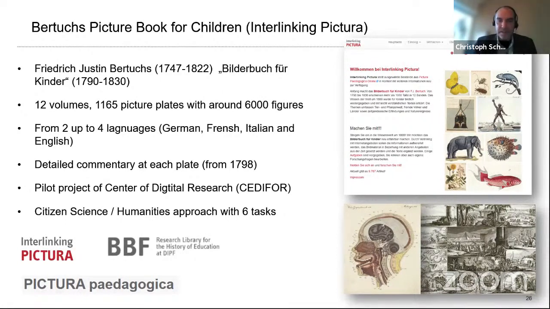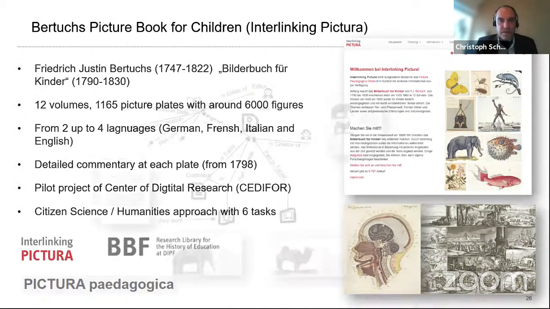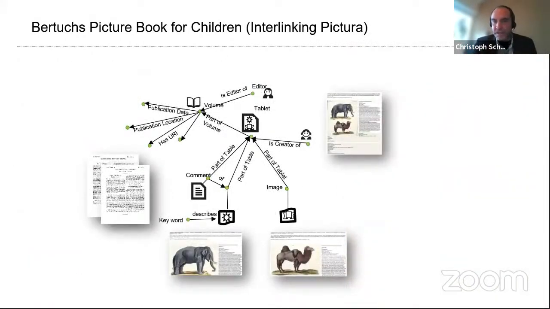And for example, what is possible, you see here an example of the graph with small icons on it, which is in the background. On the top, you see the publication as a tablet. You get volumes, you get over there as well a creator and as well images, and they're linked together. And what we wanted in one task as well